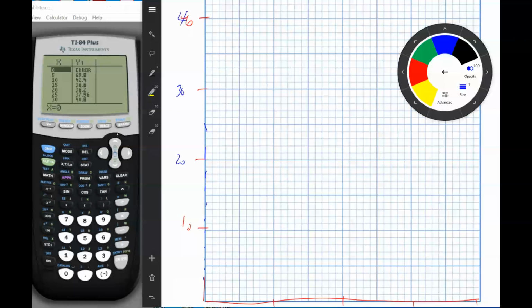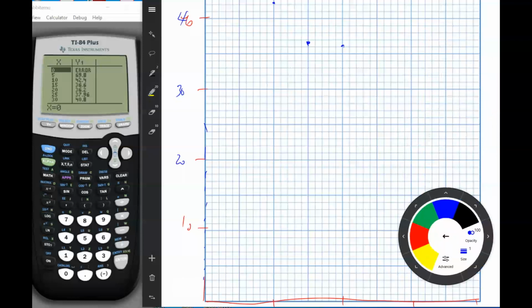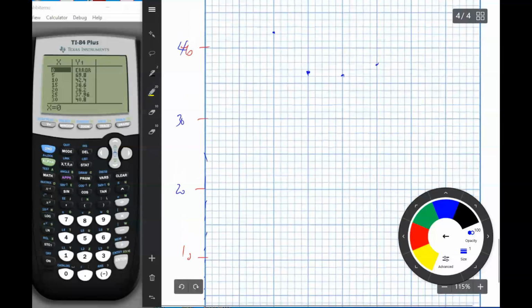So 42.4 would be there. 15, 36.6. 20, 36.2. 25 comma 37.96, 30 comma 40.8,